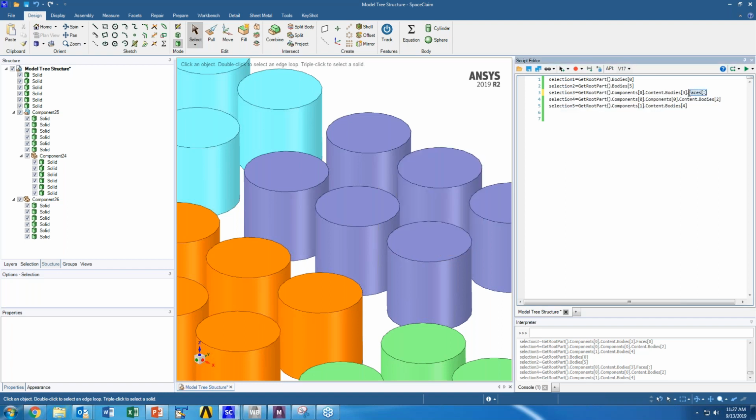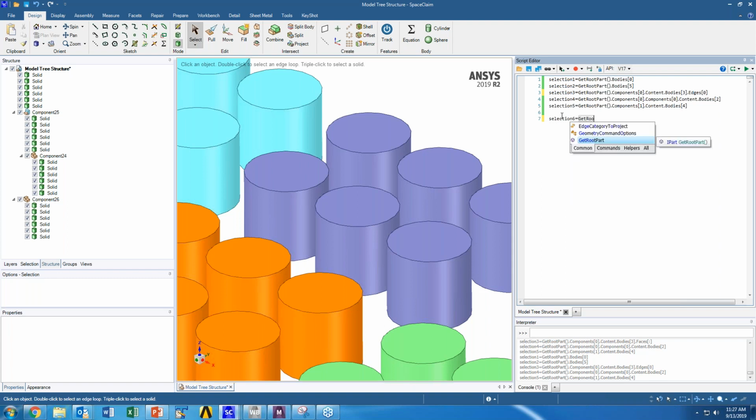And then I can take it even further. Let's say I want edges. Same thing. Edges, the index is always going to start from 0. Now I'm selecting the first edge, and then I could do the second edge and select the bottom circle, and on and on and on. The one thing I will note is as you are typing these selections, let's say I make a new one, there is built-in functionality in SpaceClaim to try to help you understand what's available at each level of a given